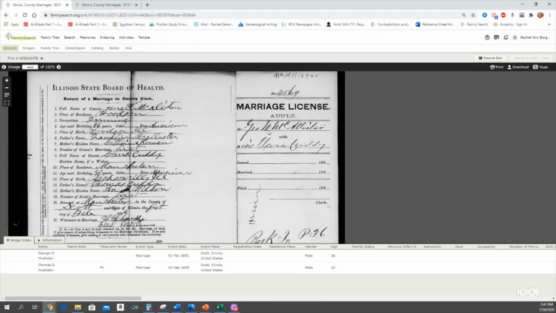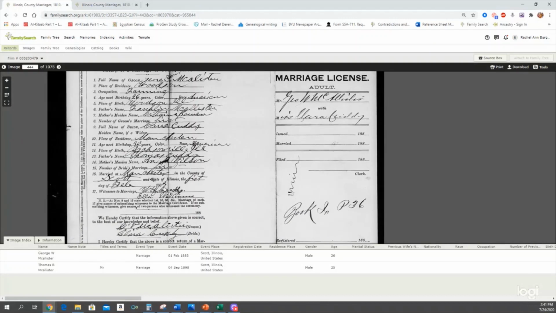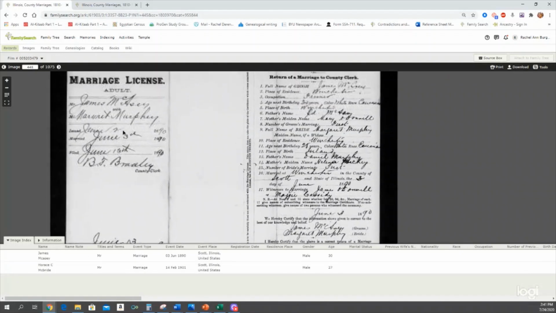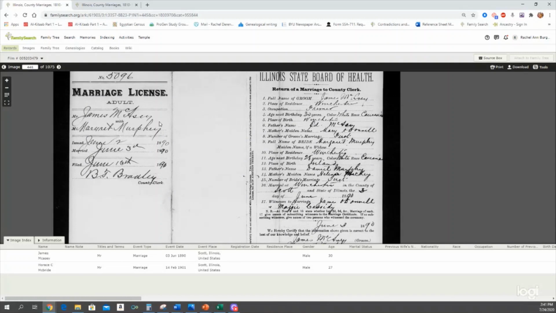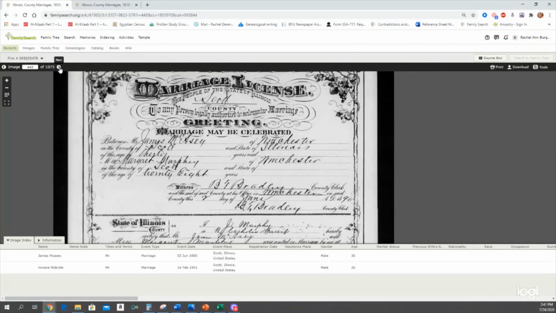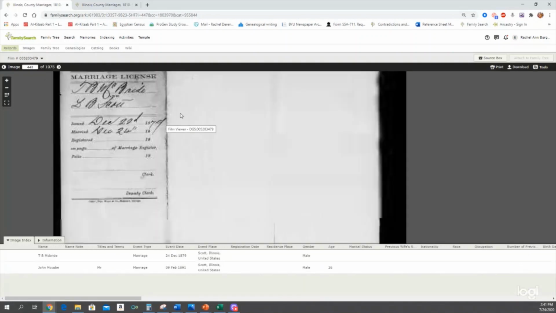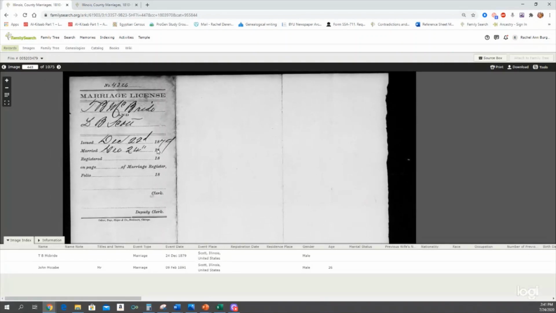So you've got George McAllister, married about 1882. Well, married in 1882. This is for him again. Here we've got James McAssey, 1890. Oh, one too far. Okay, then you've got McBride, 1879. So these are still in alphabetical order. They haven't switched to chronological. And we're looking for McEvers.